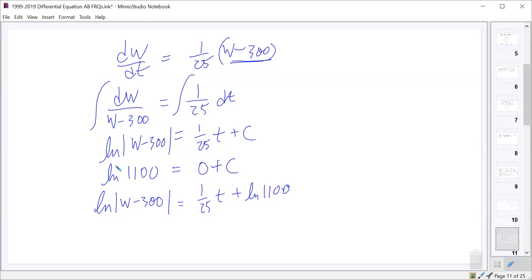I got rid of the absolute value because the value is 1100, so the absolute value of 1100 is just 1100. Good? If you keep it there, that's fine, it doesn't matter. All right, then we'll exponentiate, which will give us an absolute value of W minus 300